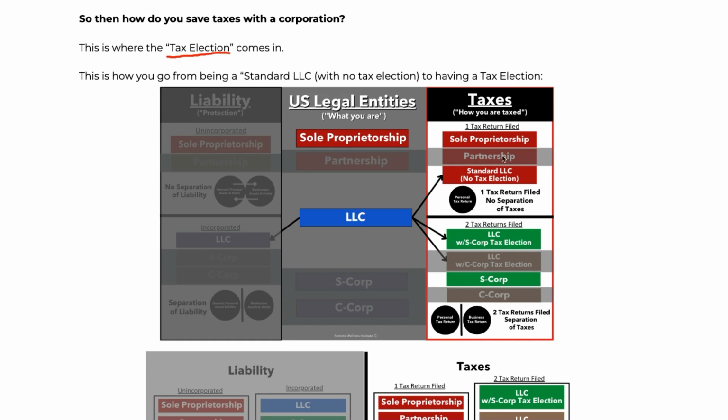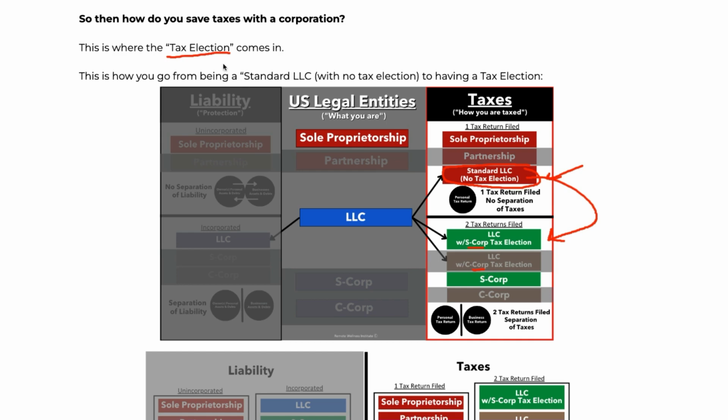But what happens is that with that form, you are able to take your standard LLC that has no tax election on it, right? It's kind of like, hey, do you have this attached to your LLC or not? If you have it and you file that form, you then jump into becoming an LLC with, let's say, for example, the S Corp tax election form, but there's also a C Corp tax election form. But like I said earlier, 9 times out of 10, you're probably going to have an S Corp tax election form because it's for small business owners and there's additional tax savings that you get as a small business owner, because most of us are not running a C Corp. There's no reason for us to be running a C Corp, at least for the tax law that is right now, okay? For a long time, this has been the case, okay?